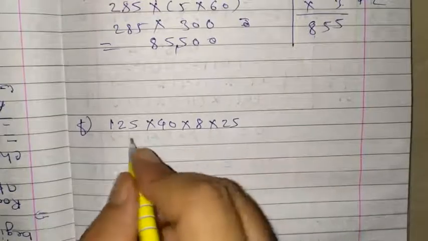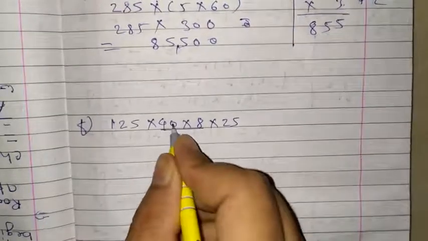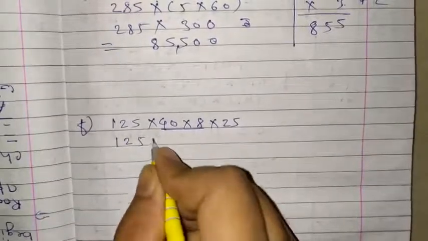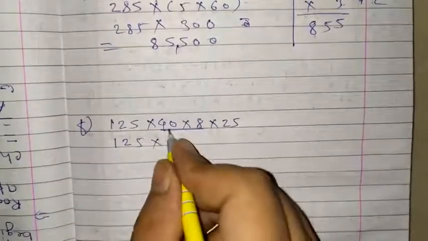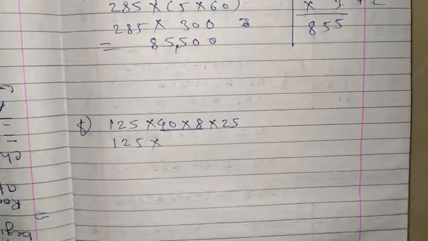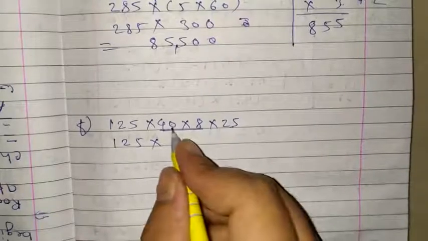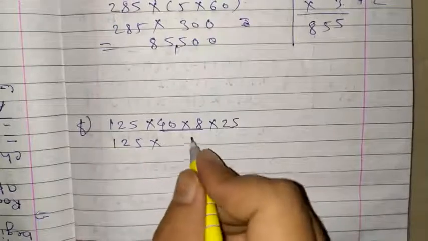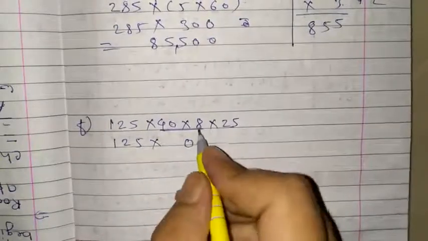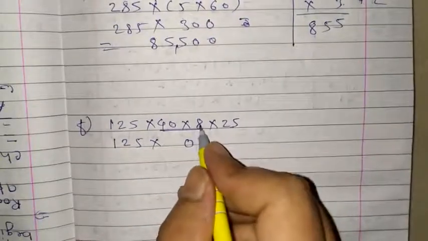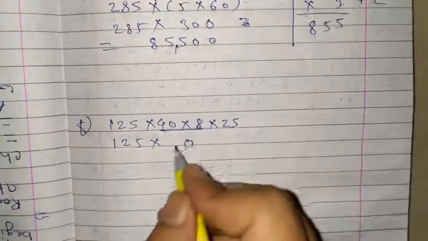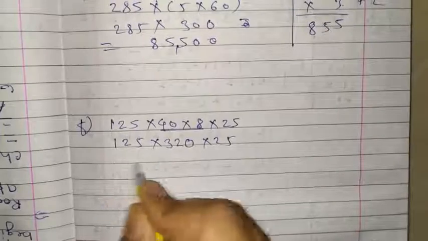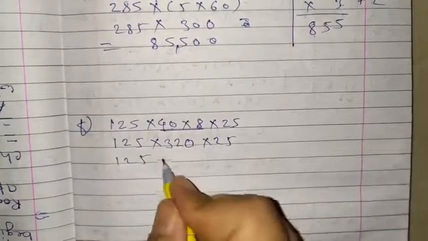Going into the next question, question number F. In question number F, I am picking these 2 numbers because 0 into 8 is 0. Or you can pick this or this number. It depends on you, because here already 0 is there. So if you multiply with any number, the last digit will be 0. But here a lesser number of digits is there, only 1 digit is there. So I am solving this first. 8 into 4 is 32. Now I am solving the last 2.